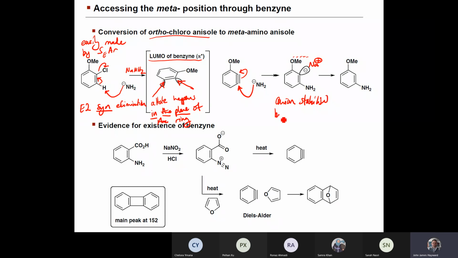The anion is stabilized by methoxy group. And then H plus on workup gives you the meta product. Okay? Only meta NH2